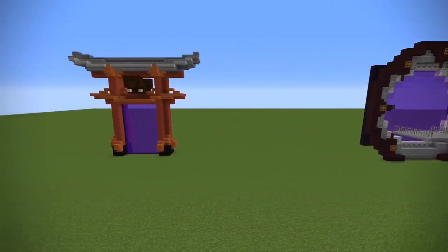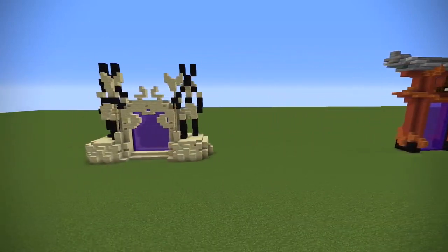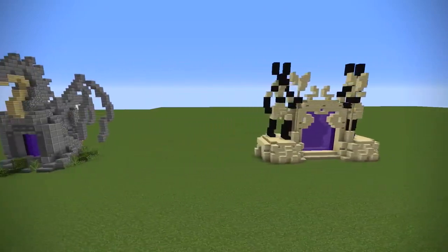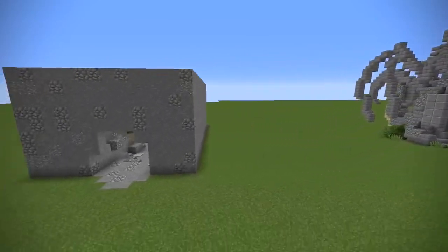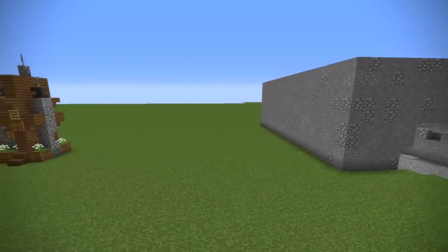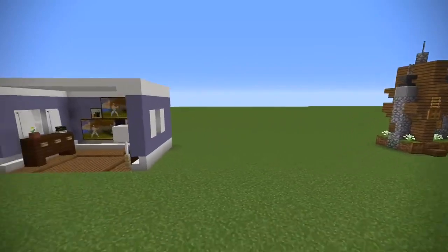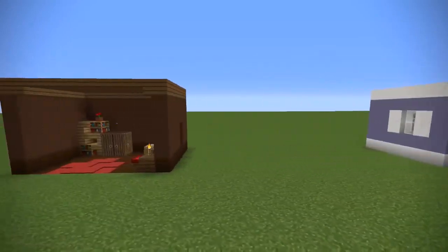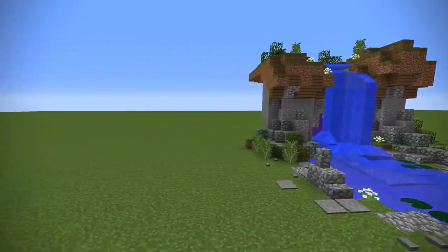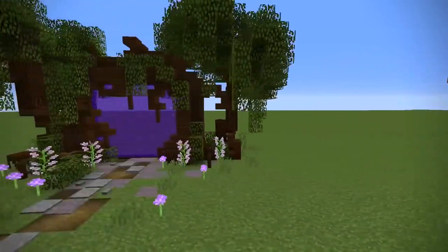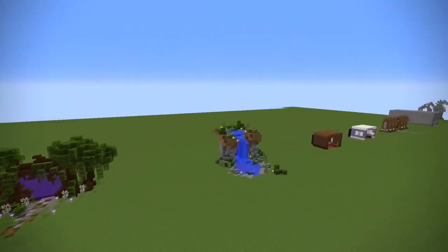Hopefully one of these has taken your fancy and you really want to make a style themed portal like one of these Anubite ones or the dragon one, in which case go down into the description where Pearl has made a block for block tutorial, the cave one for those of you that like to live underground, the wall one for those of you that like to live inside a fortress, and the interior ones for those of you that like more modern or just a very subtle one hidden away, or for those of you that live outside, there's the waterfall one, and the first one we did, which is the nature one for those of you that live in a forest. I've tried to cover many bases,